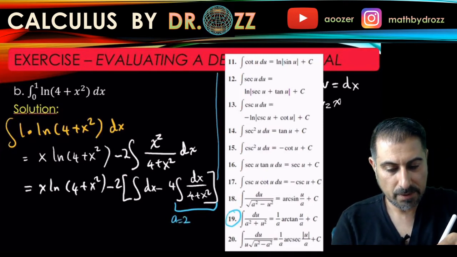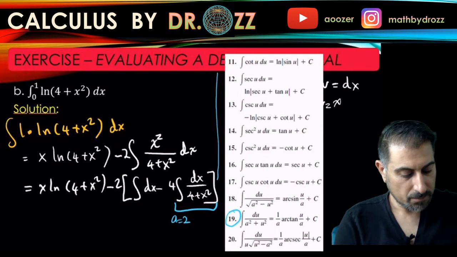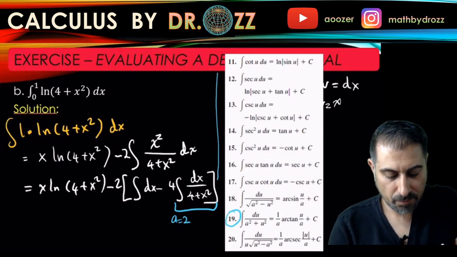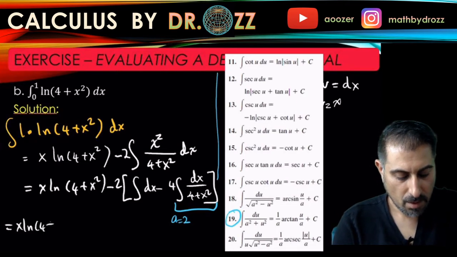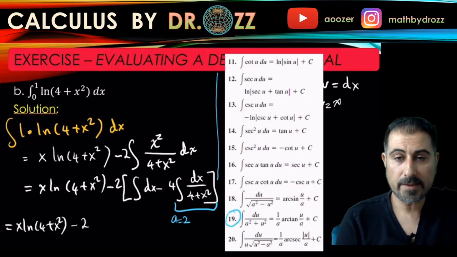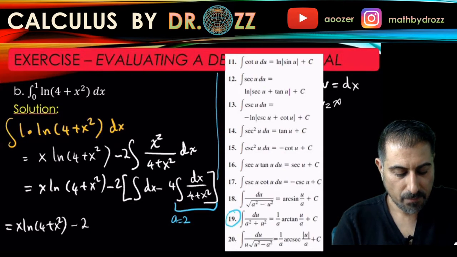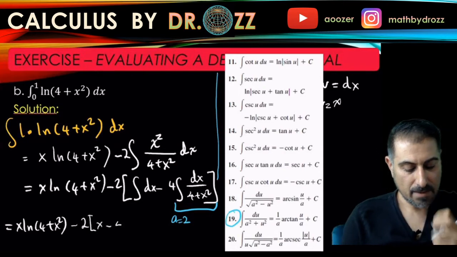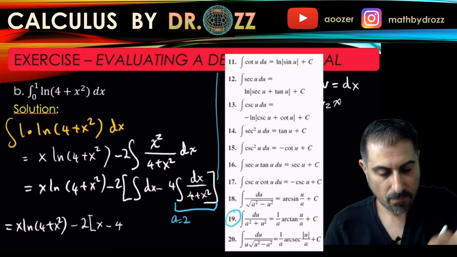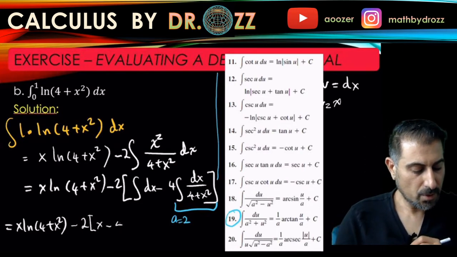Let me copy everything down first. Minus 2, and this dx is integrated as just x. Minus 4, and it's 1 over a, so 4 over 2, arctan